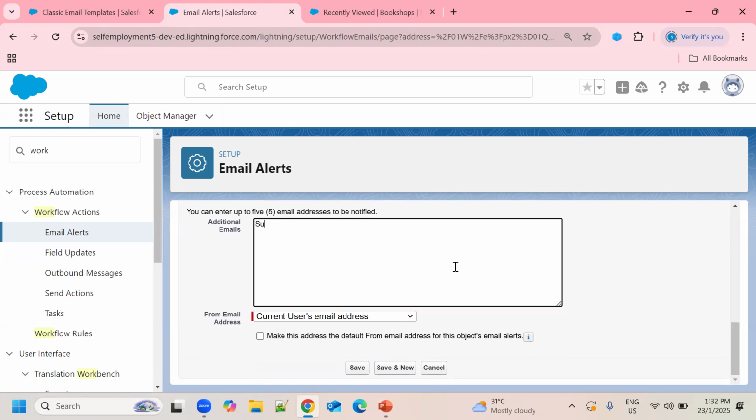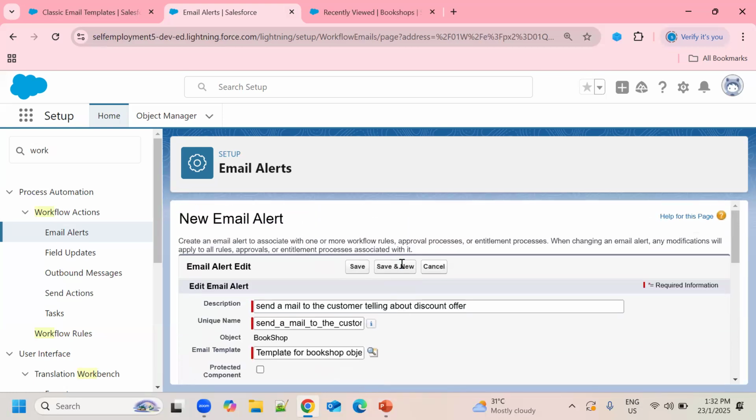So just click on the save button. If you want to make this address a default address, then you can check this checkbox, but I am not doing this. I'm just clicking on save, right?